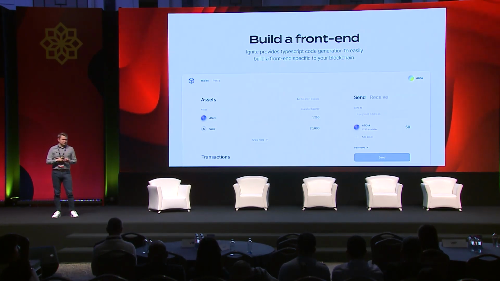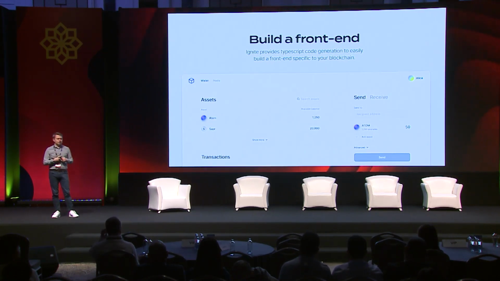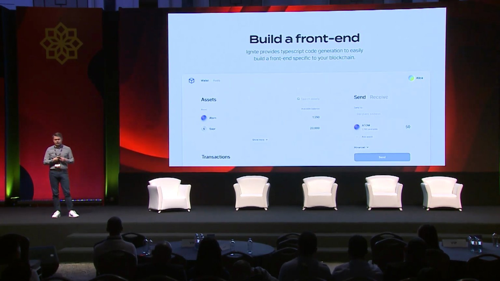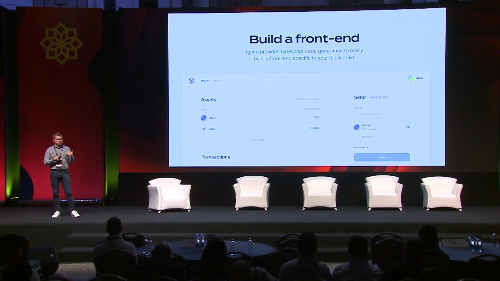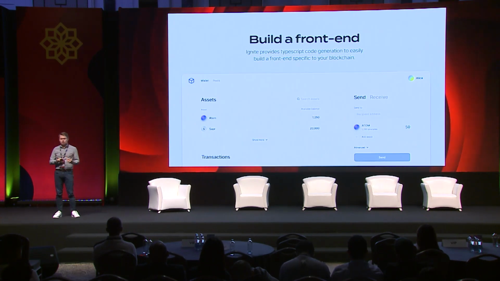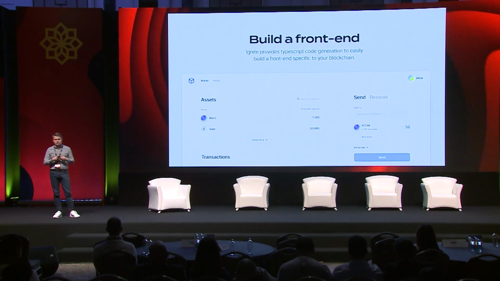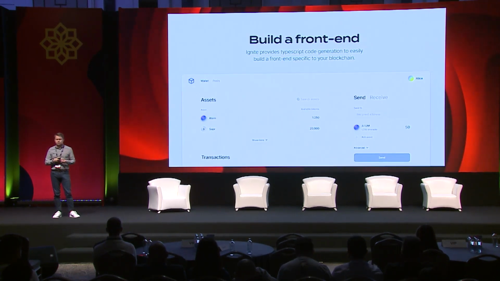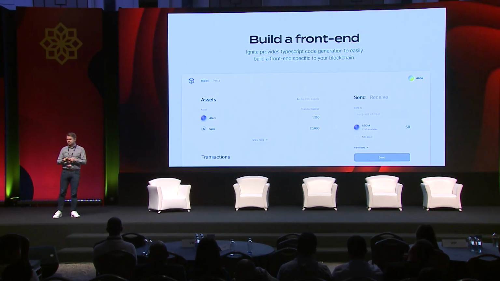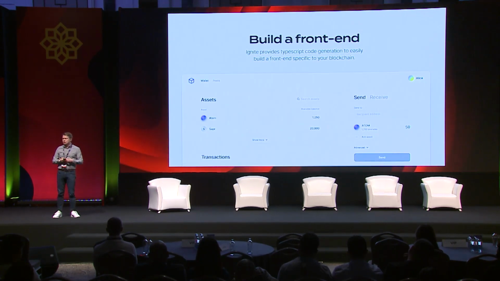We go further than that, and we include a comprehensive, sophisticated template with Vue and now React, so you can start building your client very easily. So you don't need to learn how to build a web application for a Cosmos blockchain from scratch. You already get a working front end that has token transfer functionality, lists all your assets, and connects you to a wallet. So all the boring bits are already done, and you can focus on implementing the logic of